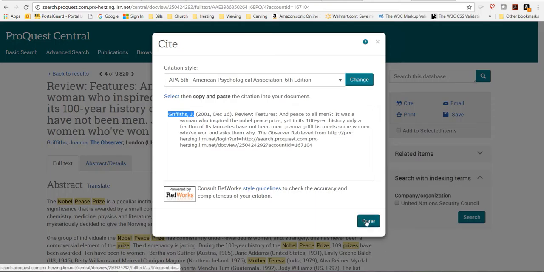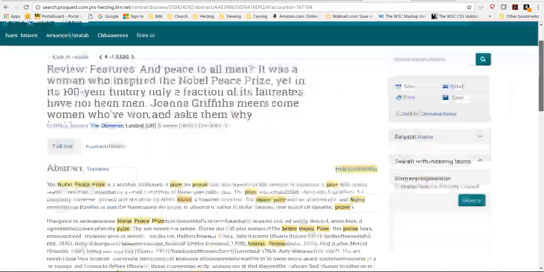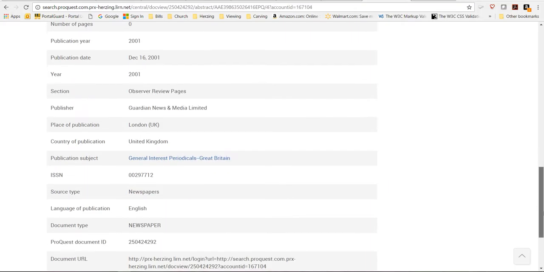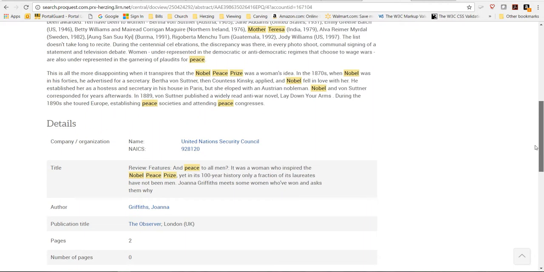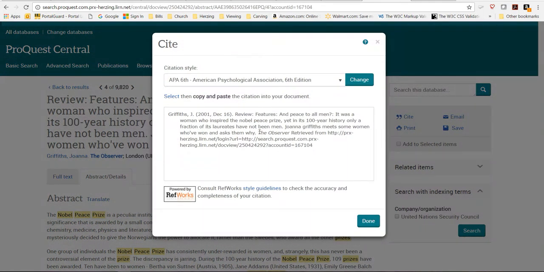And also, if you can't find something like the page numbers, if you go to the abstract and details, I think it shows you the pages, and anything else that you need to know about it. But mainly what you want to do is make sure that you have all of this information filled out in your